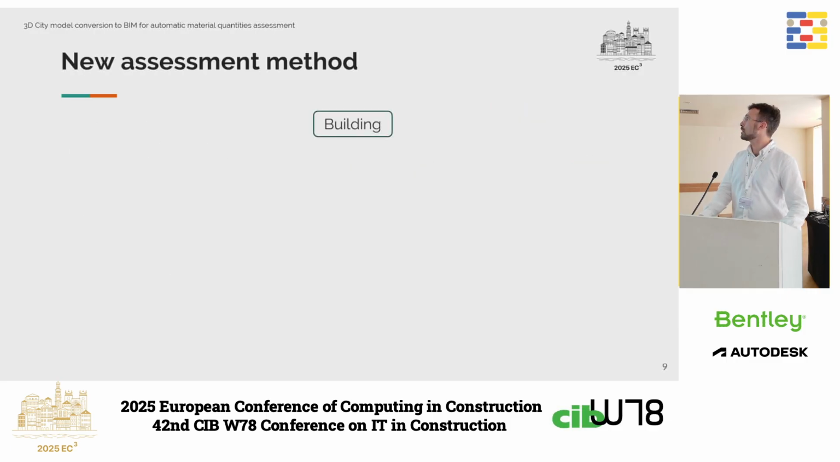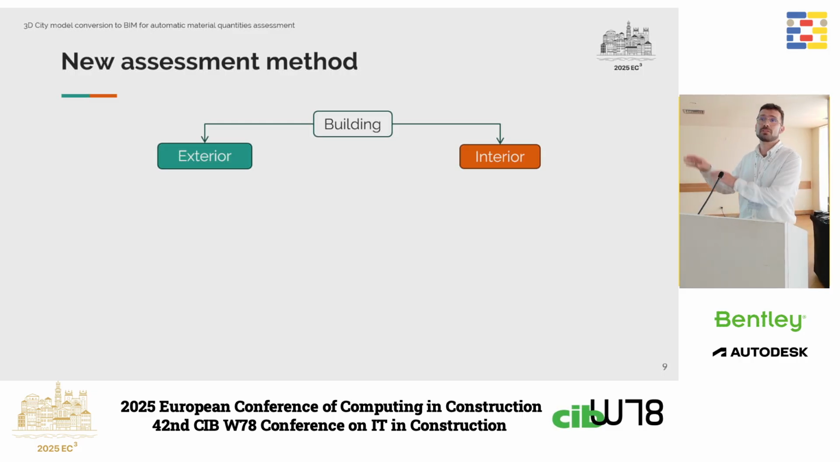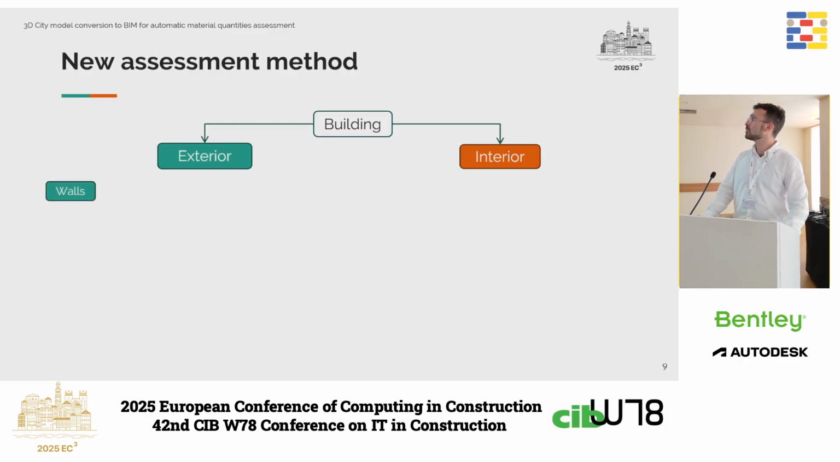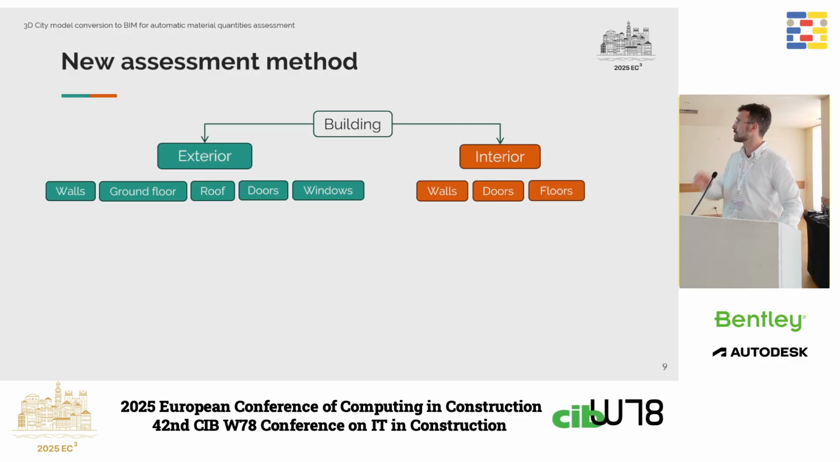So the idea of our new method is to look separately at building exterior and interior, and the reason is because we have a geometric representation of its exterior in a 3D city model, whereas for the interior we don't have that. And to have one approach for the exterior: walls, ground floor, roof, doors, windows, and to model it, to make BIM of it. And for the walls, doors, and floors, we would use the old school method, so this material